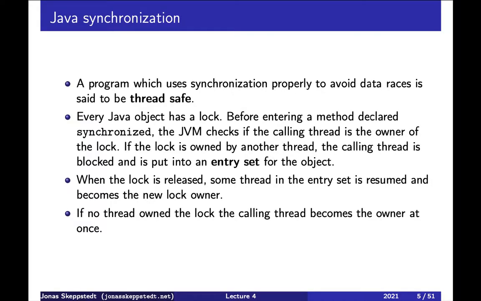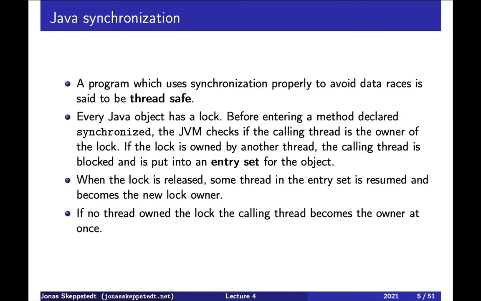So a Java program which is properly synchronized, well, not only a Java program, but any program which is properly synchronized and avoids data races, is said to be thread safe. One option to make a Java program thread safe is to use the built-in locks in each Java object. And there are two ways to use this lock. One is to declare a method synchronized,